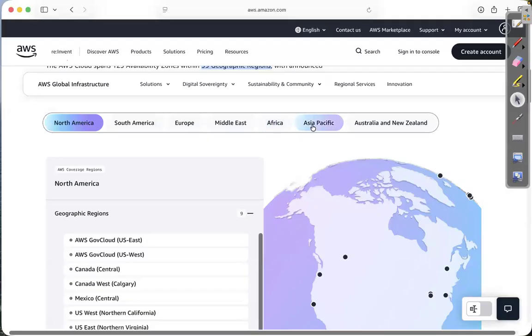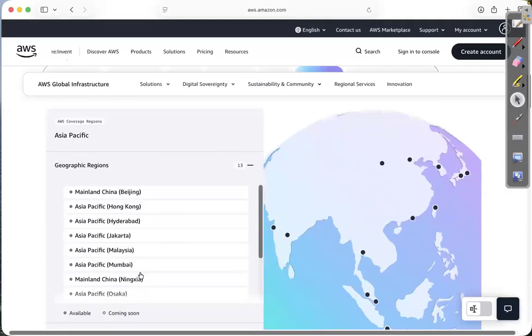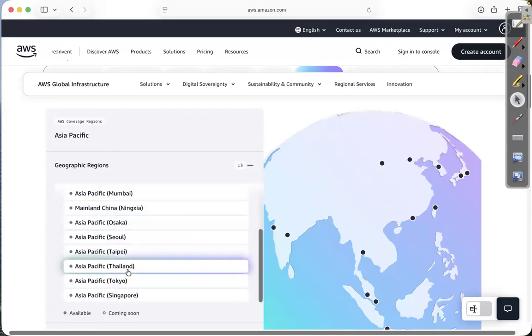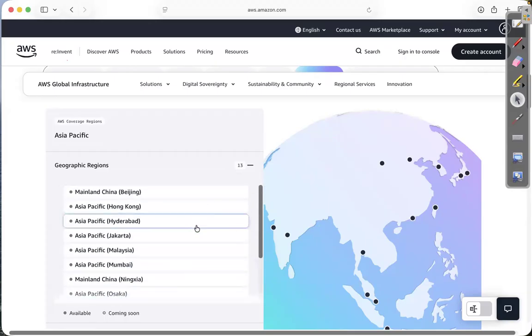Now, if you see Asia Pacific, in India, there are only 2 regions, that is Mumbai and the other one is Hyderabad. And like in Singapore, we have Malaysia, Hong Kong, Jakarta, in China, like around 13 regions we have. Thailand, Tokyo, like here 13 regions.